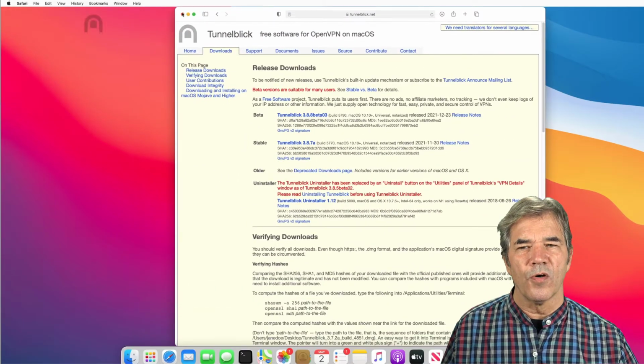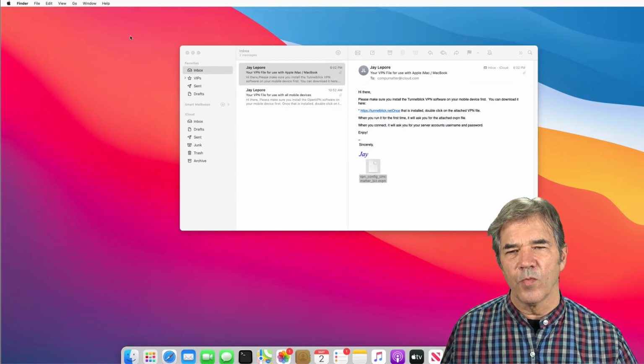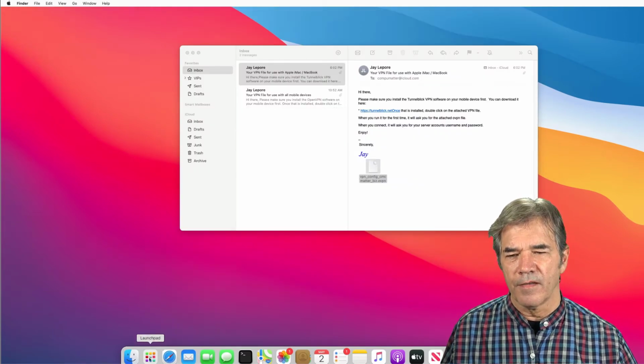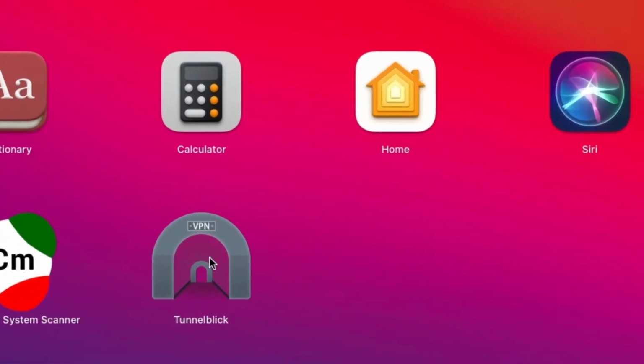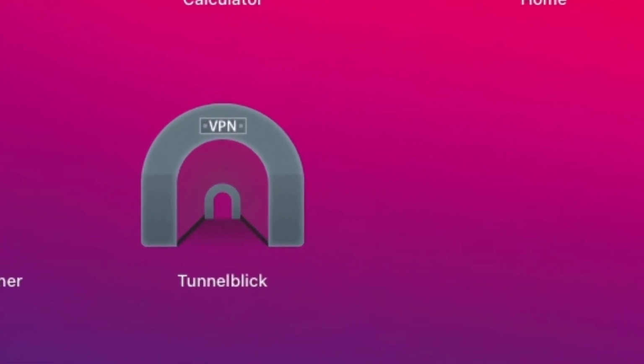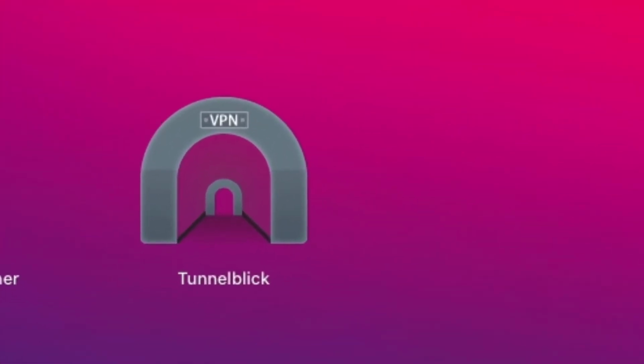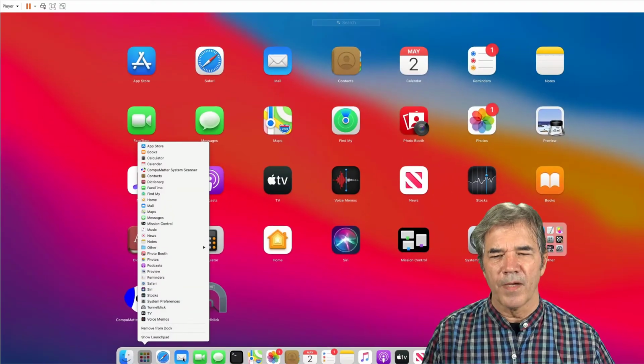Once that's installed, it will look like this. You see in the launch pad, we've got a little picture of a tunnel with VPN on the top of it. That's what you can expect to see. Now, we've already installed it. We're going to come back to this email,